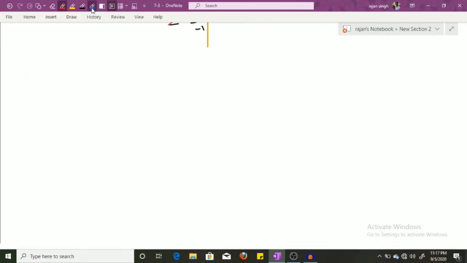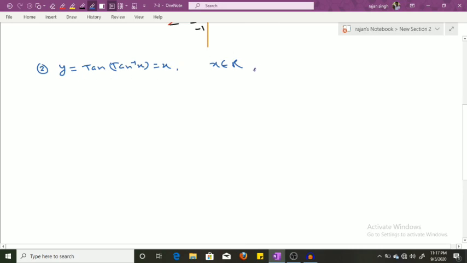So moving to the next part. What was that? y equal to tan of tan inverse x. This will be x, we know. Think about x, which is basically coming from tan inverse. For tan inverse, x belongs to R. Ultimately y equal to x, so y also belongs to R. So what is the interval of x and of y? All real numbers, meaning -infinity to infinity. Same to same for cot of cot inverse.